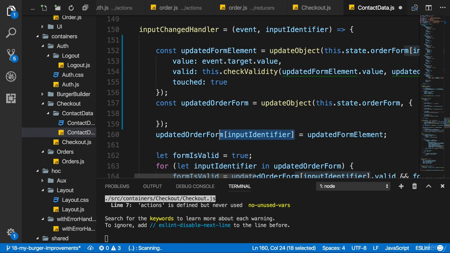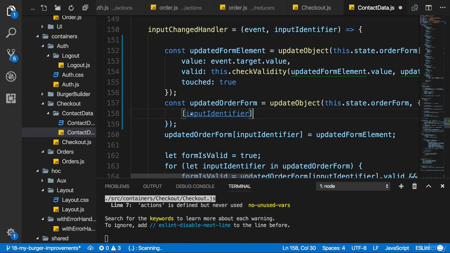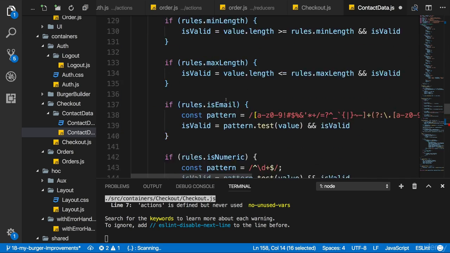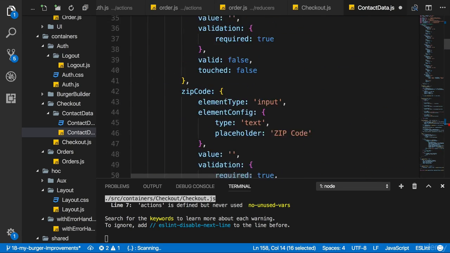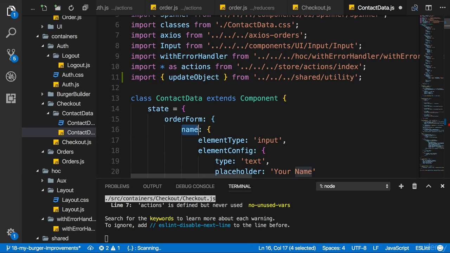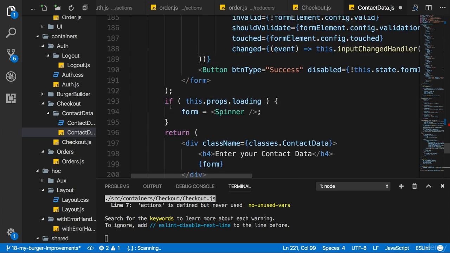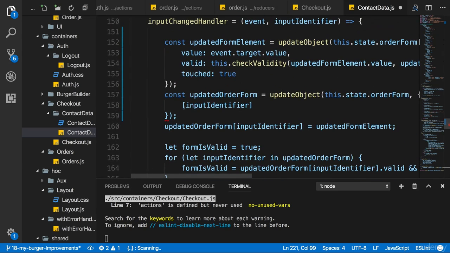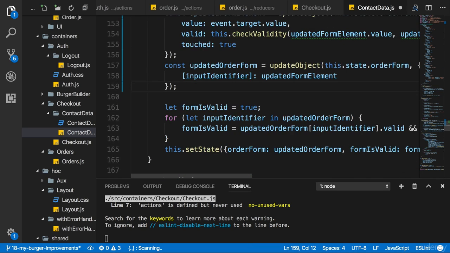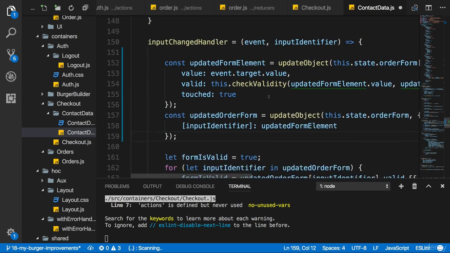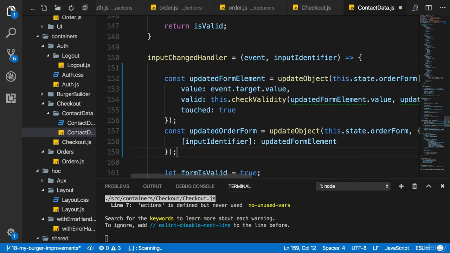And the new property should be this dynamic input identifier, where we pick a specific control, which we of course store as properties in our order form object in the state, like name, street, and so on. So this is now what I want to update, and the value will be the updated form element here. So now we can get rid of this line too. And now we optimize this a bit, and we're using the utility function we already used before.